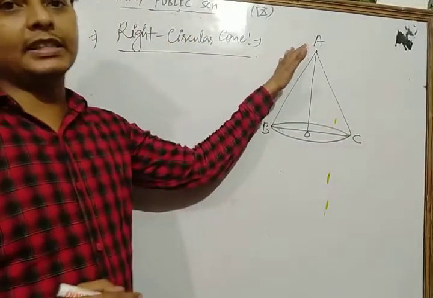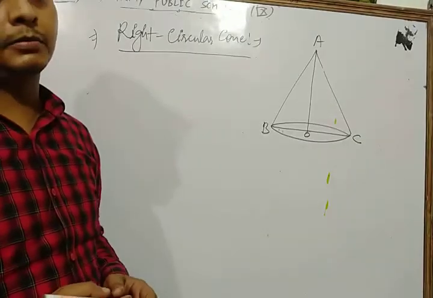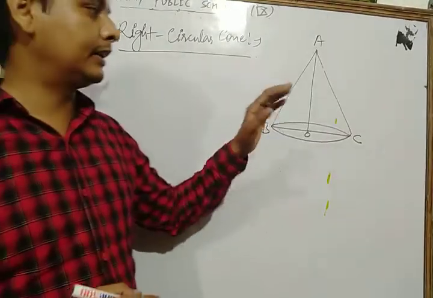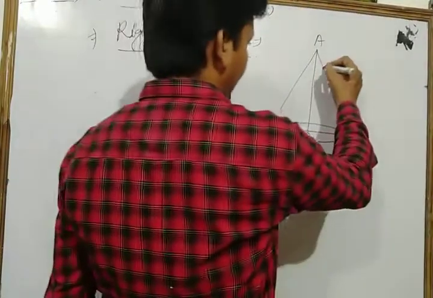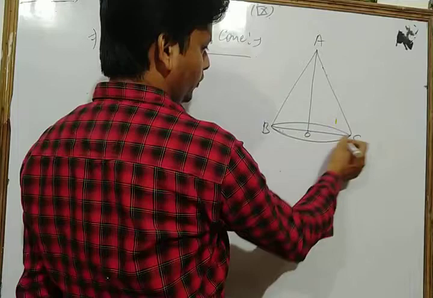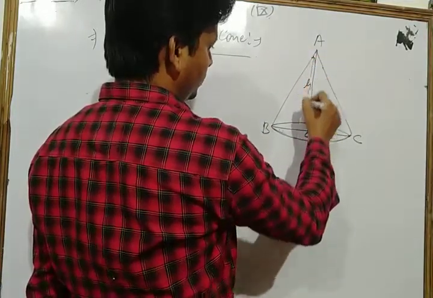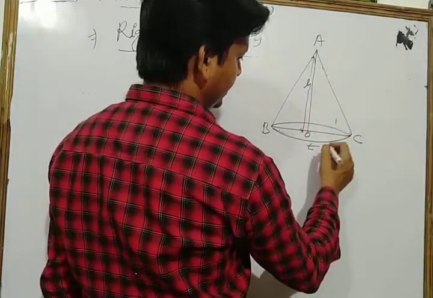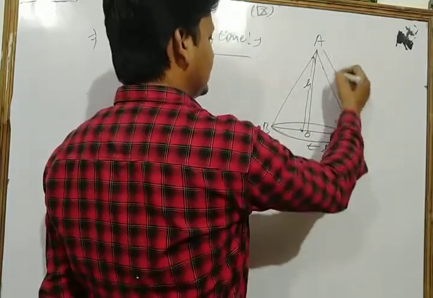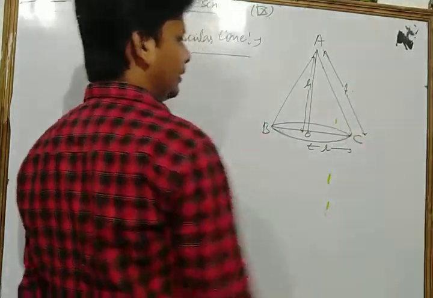So dear student, this is the shape of the cone, like a birthday cake and the cone of ice cream. The shape of a cone of ice cream and a birthday cake is the shape of the cone. In this cone, this is the base of the cone, which is circular, and OA is the height of the cone, and the radius of the base, that is OC, let us take, is R, and this is the slant height of the cone, which we denote as L.